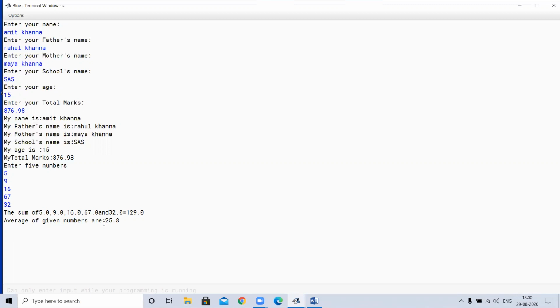And the average of the given numbers, when we divide this 129 by 5, because there are total 5 numbers, the answer is 25.8. So in this way we can give the input of 5 numbers, then we can find out the sum and average of those numbers.